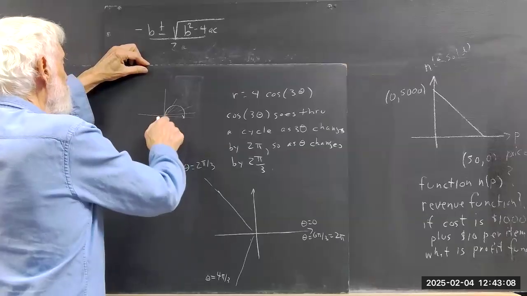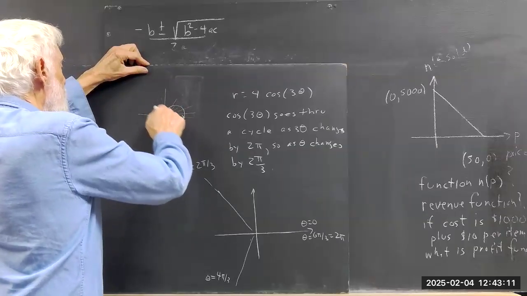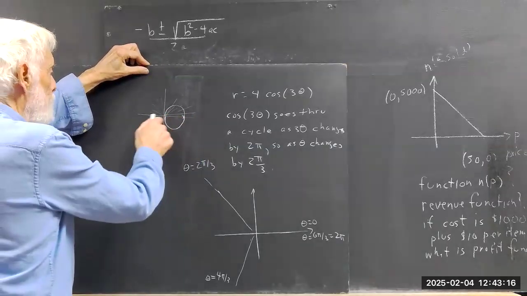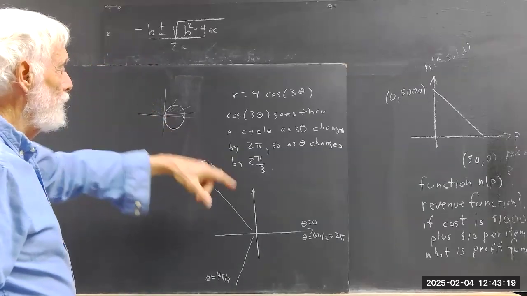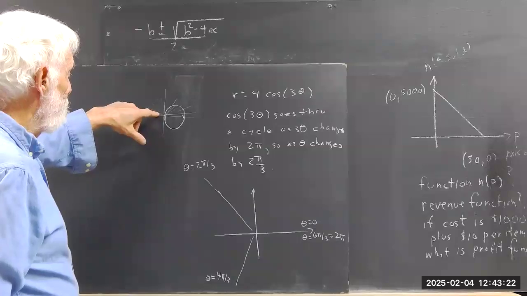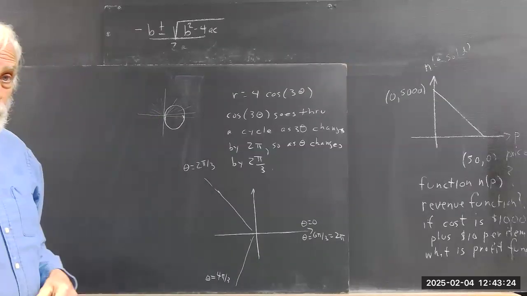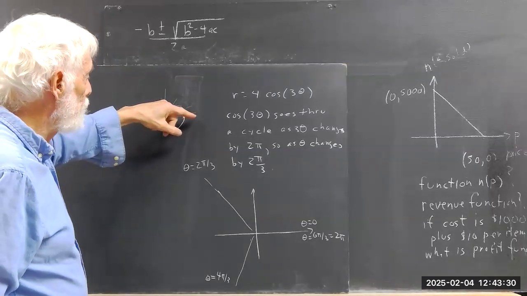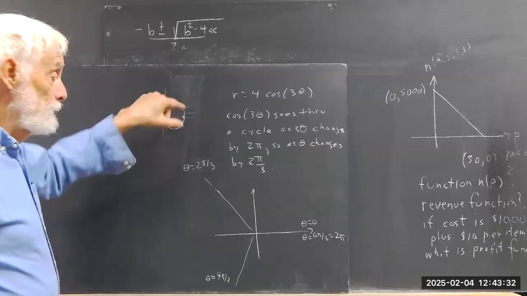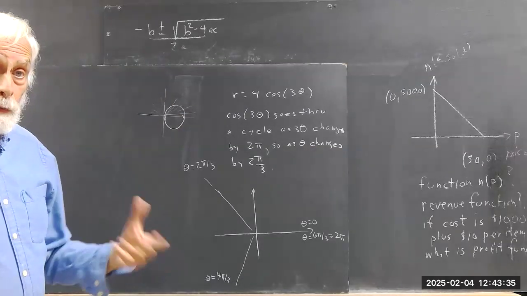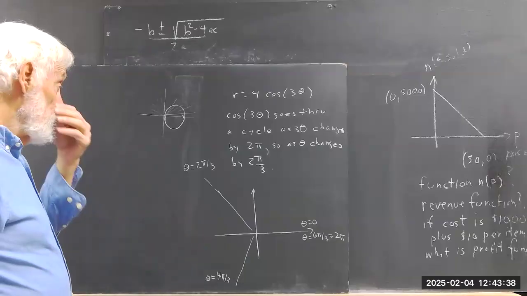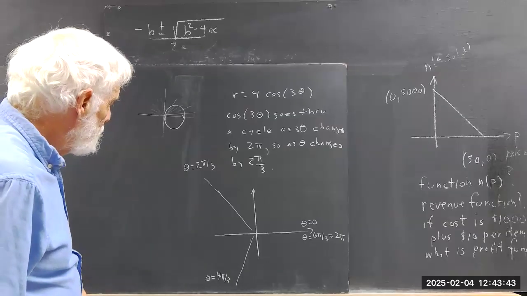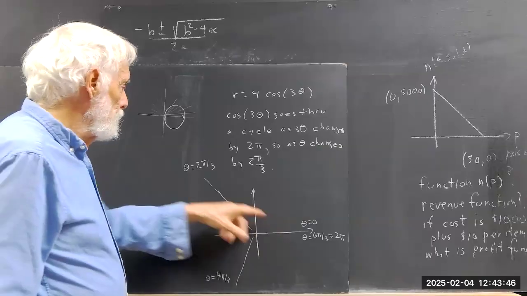And then as we continue to go out here, the cosine takes negative values and comes back around to -1, which takes you to 0. So as theta goes from 0 to pi, we go through a complete cycle here, right? We go through a complete circle. And it is a circle, as you can easily prove. Okay? Well, what's going to happen now, though, is that as theta goes from 0 to 2 pi over